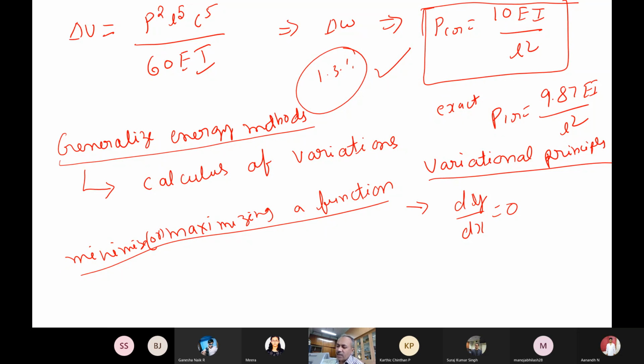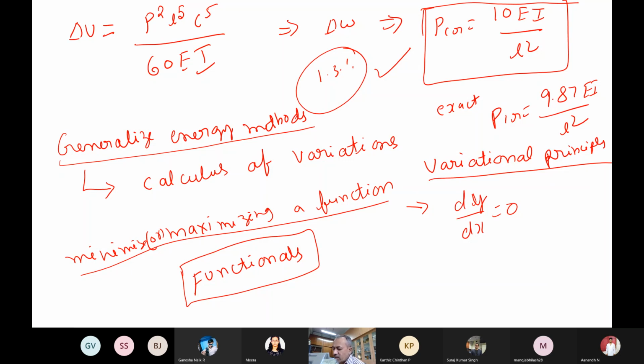Now in calculus of variations, we don't talk of functions at all. If you want to minimize or maximize a function, the ordinary calculus you have studied is sufficient. Calculus of variations is essentially about maximizing only, minimizing only. Instead of a function, we maximize functionals. You followed? This is a technical word, functionals. There is no difference in maxima and minima, but instead of a function, we talk in terms of functionals.